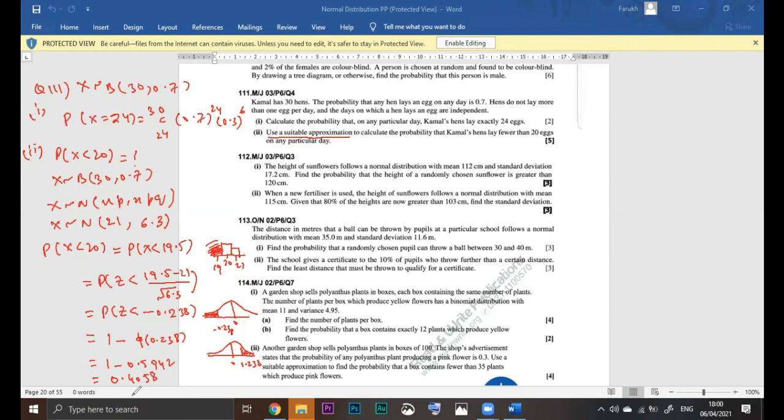You will find np and nq. If np and nq both are greater than 5, then we will convert the question from binomial to normal. Or there is a very simple rule: n is greater than 30. If n is greater than 30, then we will not use the binomial distribution, we will use the normal distribution. So what are the conditions? np and nq are greater than 5, or n is greater than 30. Then we will use the normal distribution as an approximation to the binomial distribution.